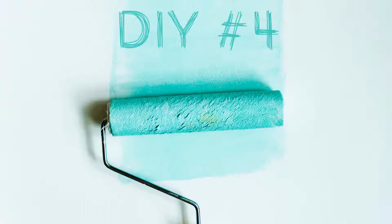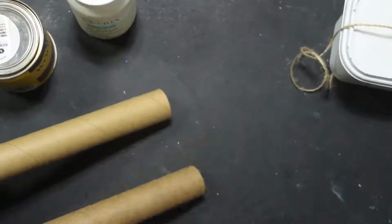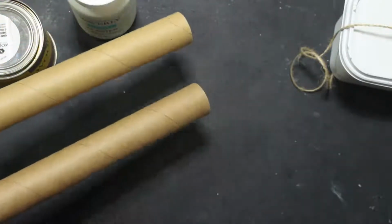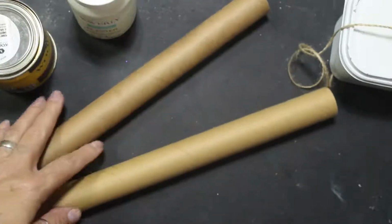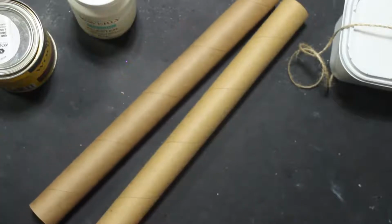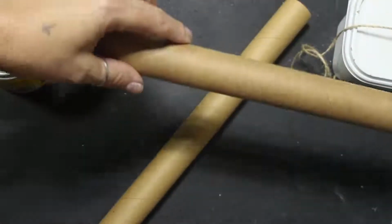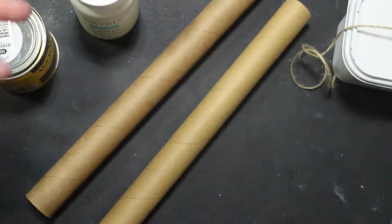DIY number 4. With this project, I'm taking 2 cylinders from, I'm guessing, aluminum foil, saran wrap, something. I don't know. My mom had them in her stash and she gave them to me. So I'm gonna do a hanging thing, a little floral hanging garland thing. I saw